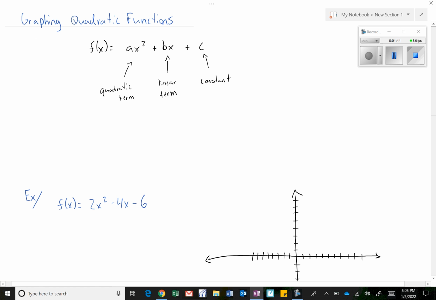quadratic. So the other day we graphed one of these, and I told you that in a couple days I'd show you how to go a little bit more in depth, and so that's what I'm going to do today. We're going to graph it by making an xy table. The only thing about the xy table is you have to be careful about what numbers you pick for the x values. And to do that, what I'm going